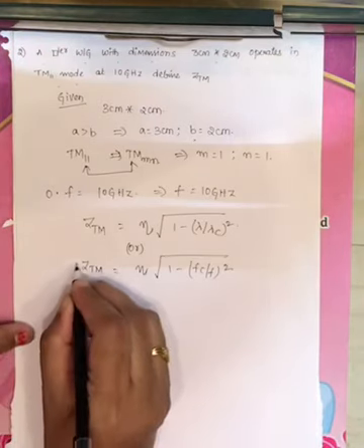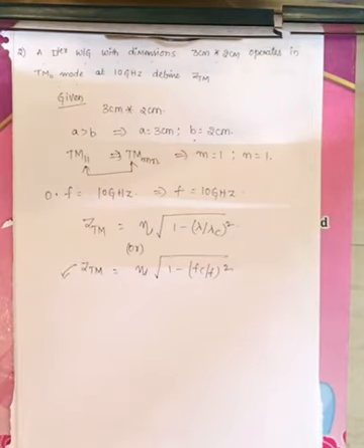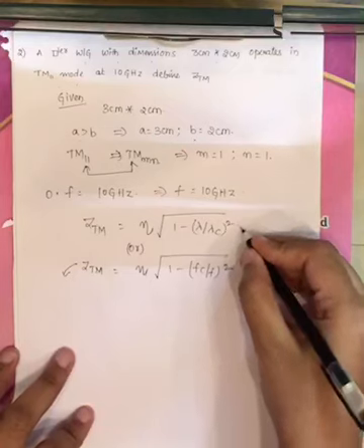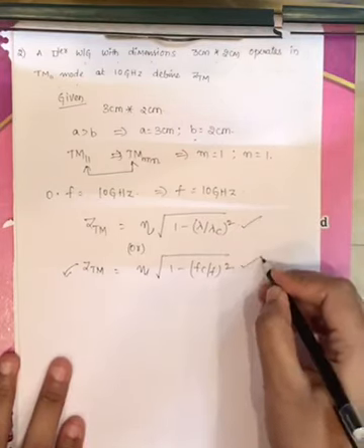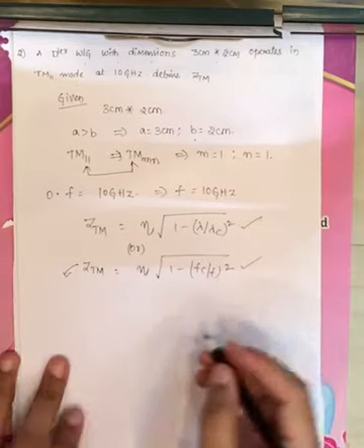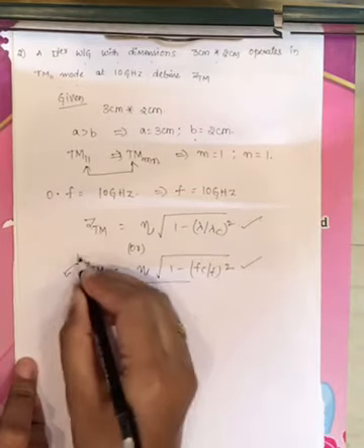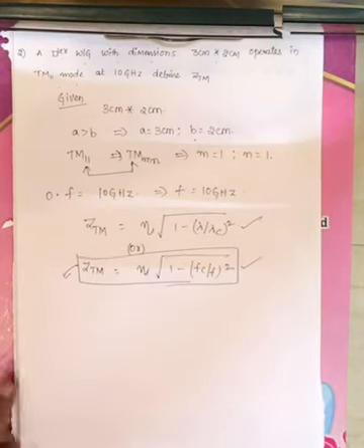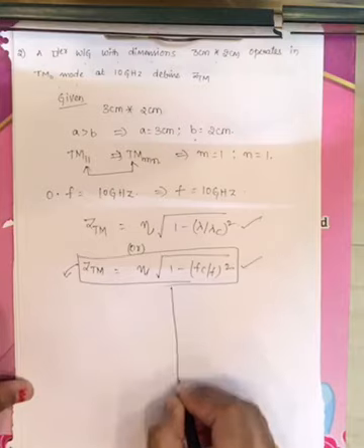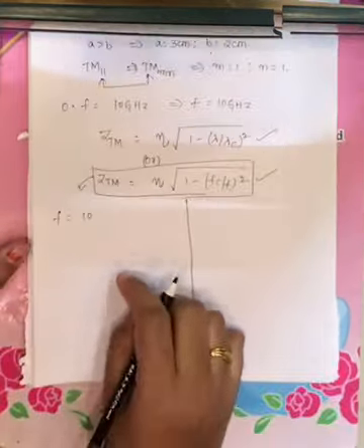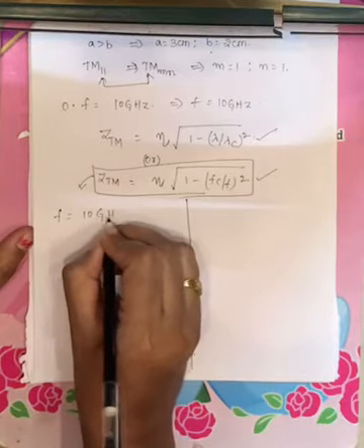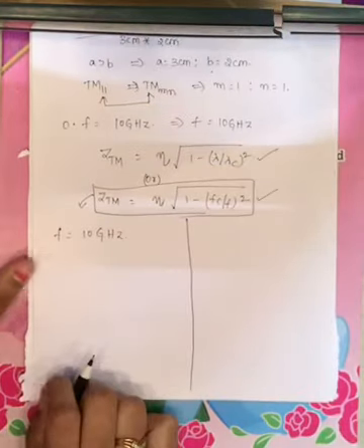Now I will follow through frequency. You can calculate that through lambda by lambda c also, and you will get the same values. Either you can calculate ZTM through this formula, or through this formula, you will get the same thing. Now I am considering this ZTM formula as eta into under root of 1 minus fc by f whole square. Now f is given in your problem, that is 10 gigahertz.